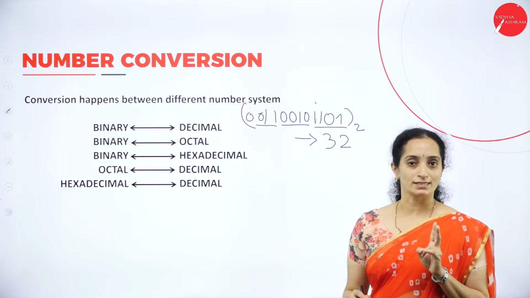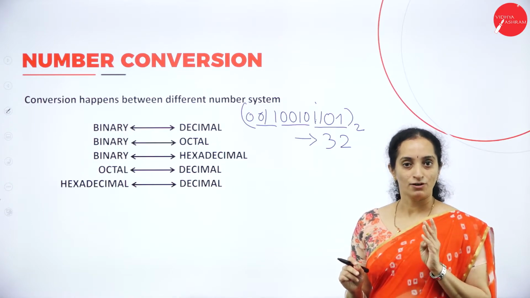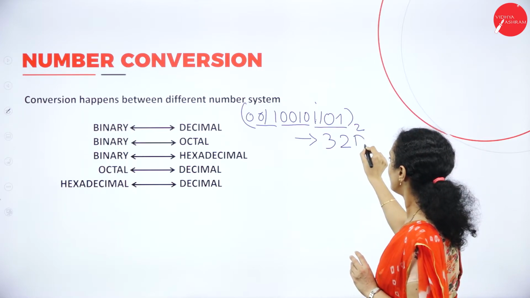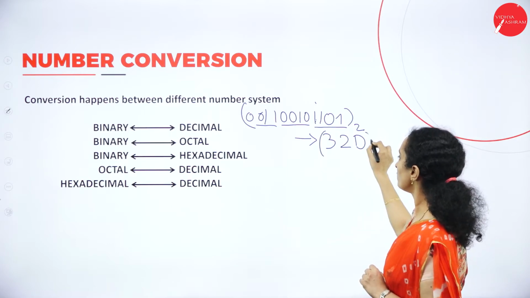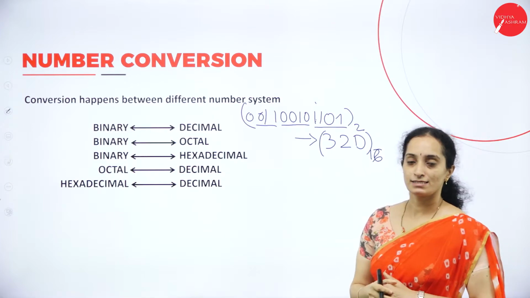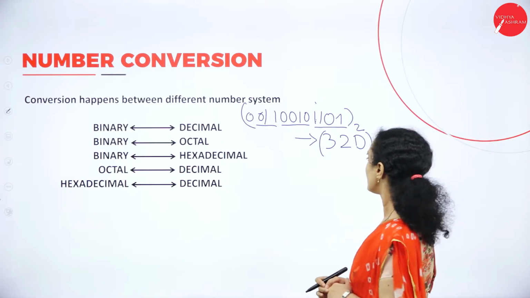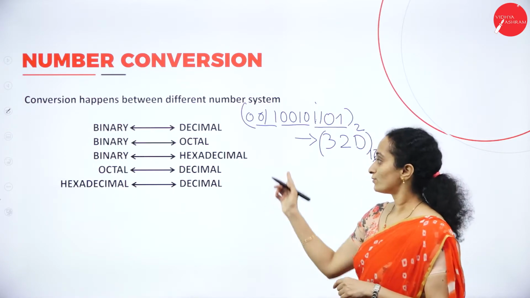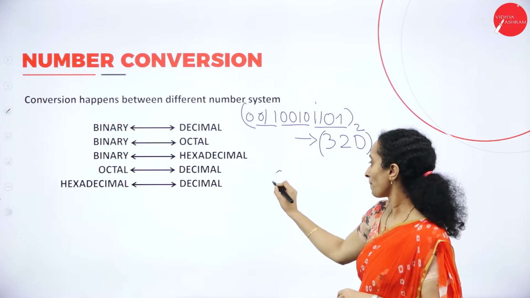How do you represent 13? Using A, B, C, D, E, F. Okay. 13 will be D, isn't it? So 32D will be with the base 16. Okay. 13 will be D. How do you convert hexadecimal to binary? Suppose I take